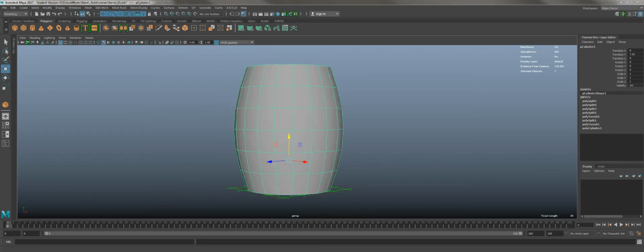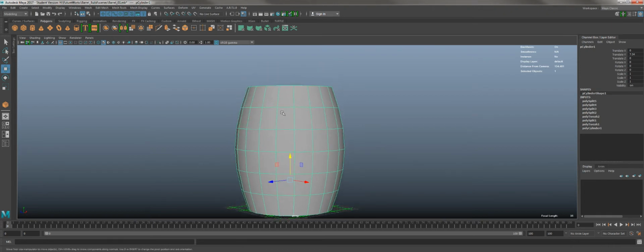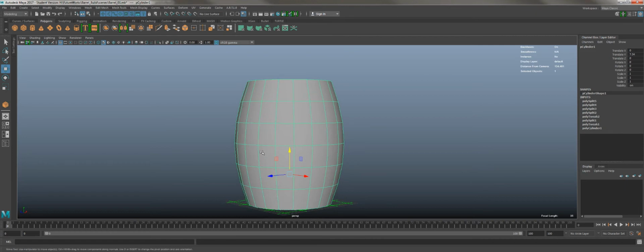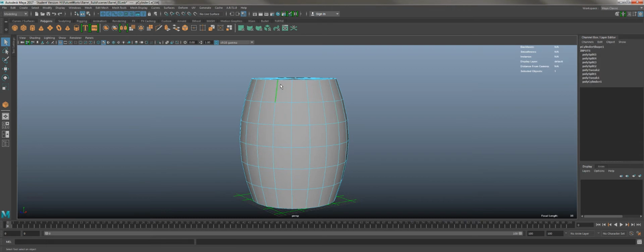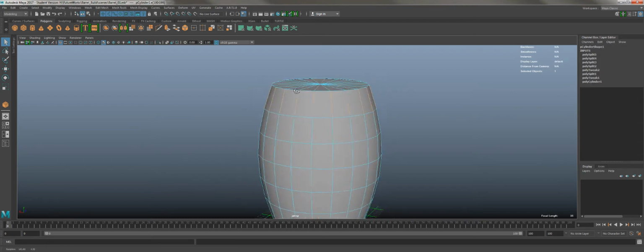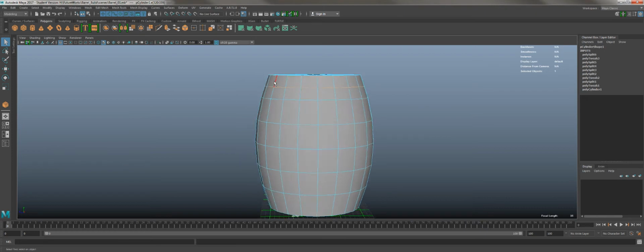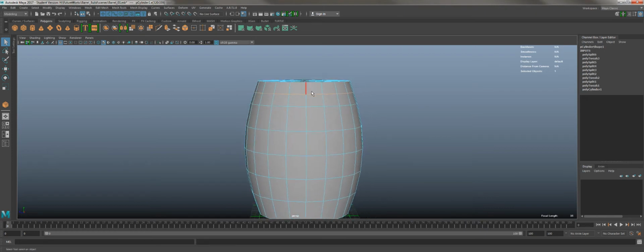So I'm going to use the same function that I've used before with the connect edge, but I'm just going to change the parameters a little bit. I'm going to slide the edge further down or further up so that it makes the edges a bit wider. Because at least for me anyway, I feel that these loops, these rings need to be a little bit thick. I will create a first ring. You can see that we've got our new ring in there,